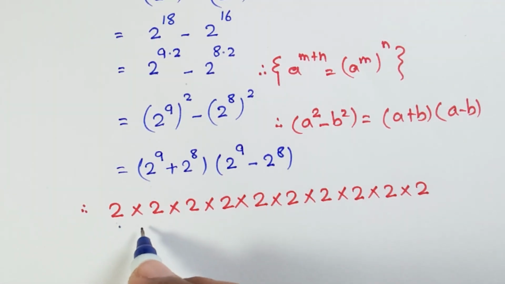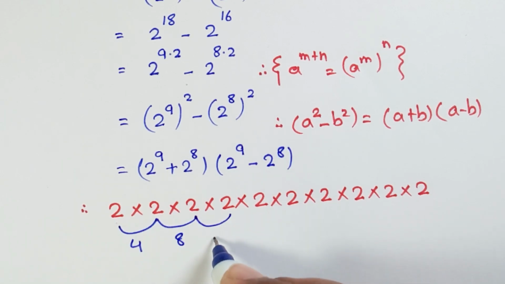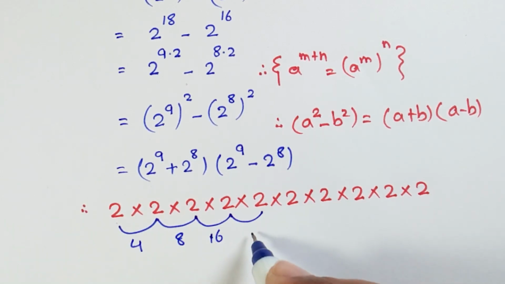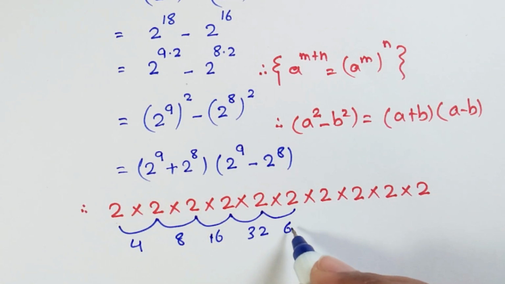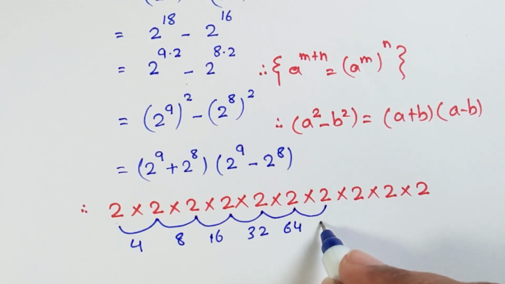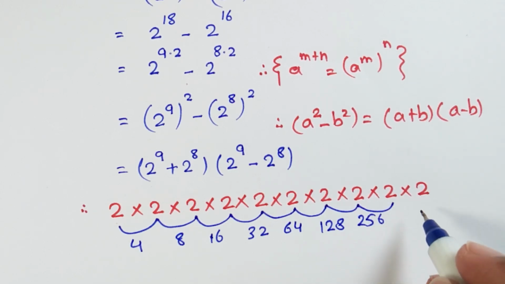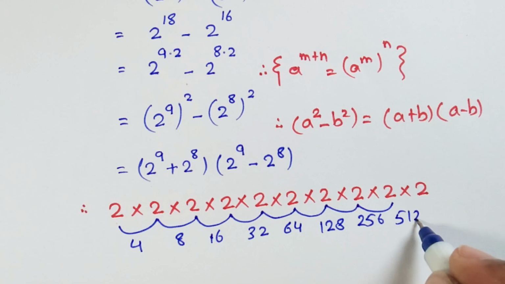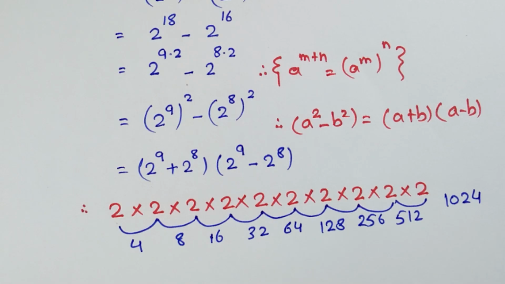So now we will multiply with each other. 2 twos are 4, 4 twos are 8, 8 twos are 16, 16 twos are 32, 32 twos are 64, 64 twos are 128, 128 twos are 256,